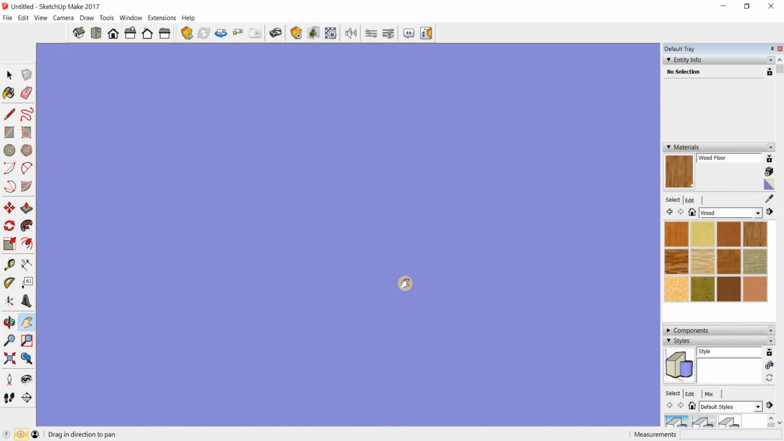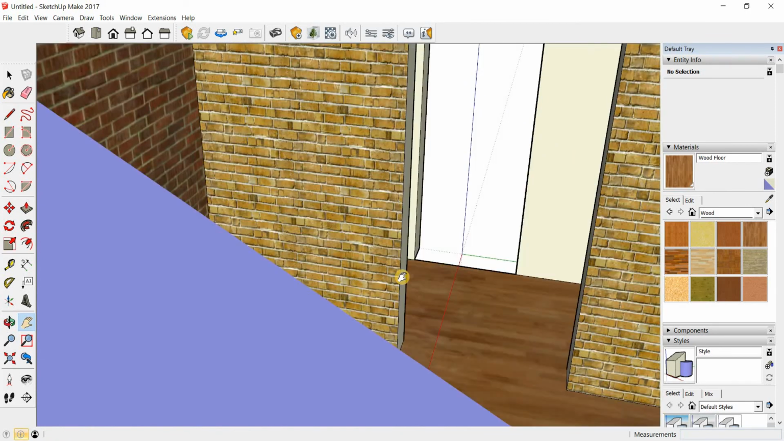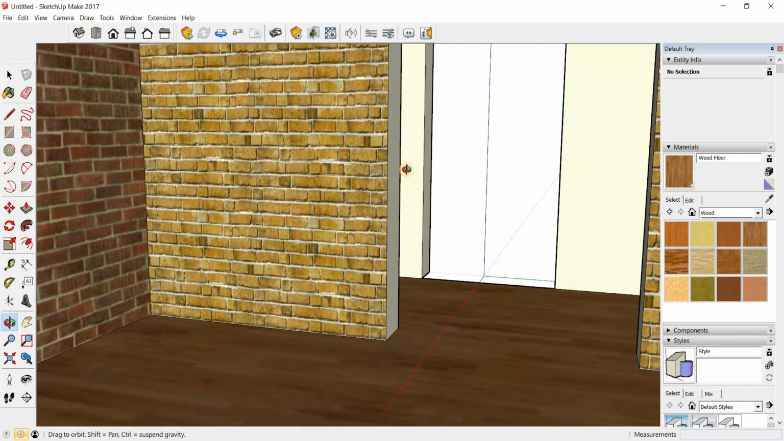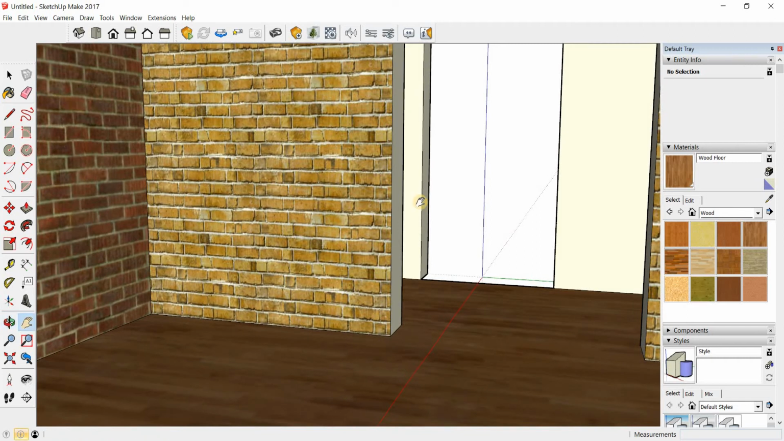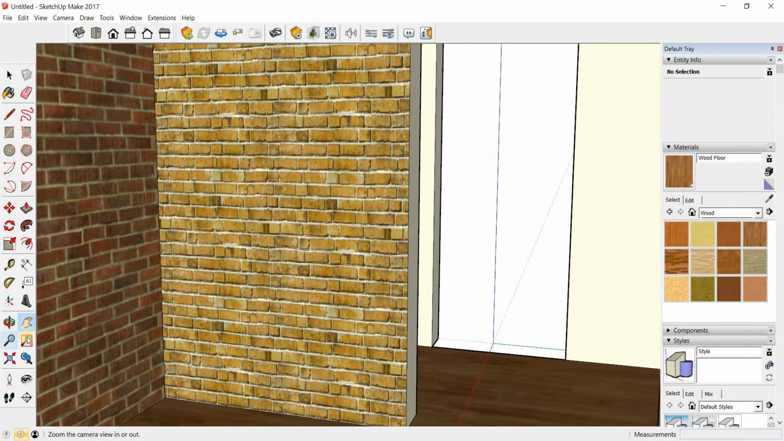And if you, oops, I scrolled too far. And once you're in, if you can't see yourself, or if you can't see the model, all you need to do is navigate around using these tools. And if you can't see anything, what you can do is use the zoom tool, click on the zoom tool,